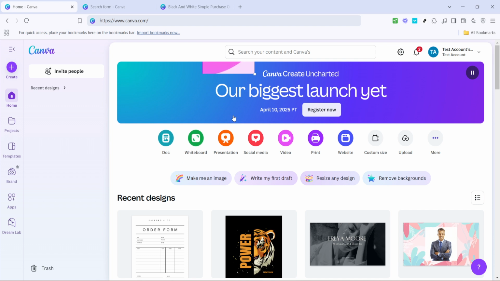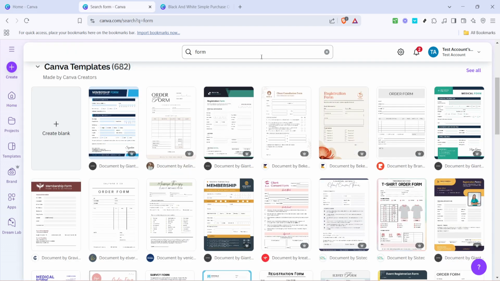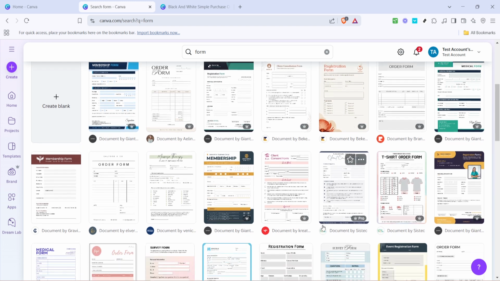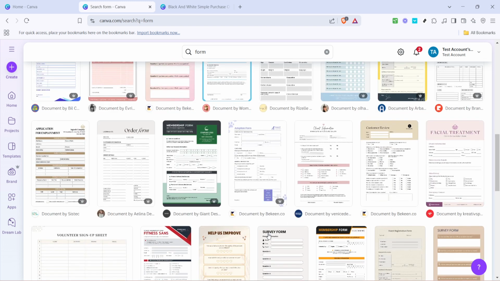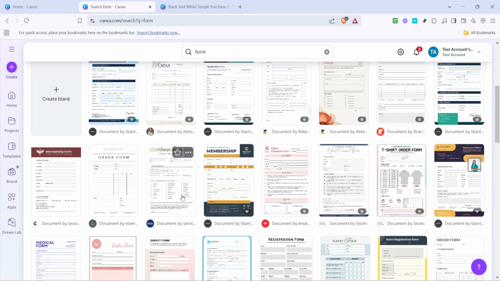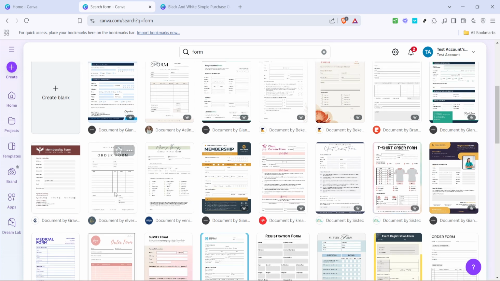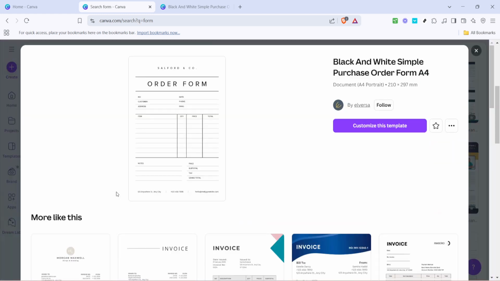This step is crucial because it will bring up a variety of templates that you can use as a starting point for your fillable form. Now you'll see a wide range of form templates appear in the results. Take your time to browse through these options and select the form that best fits your needs. Whether you're looking for a basic contact form or a more detailed application form, you'll find plenty of styles and designs to choose from. Selecting the right template is important, as it will save you time and effort in the